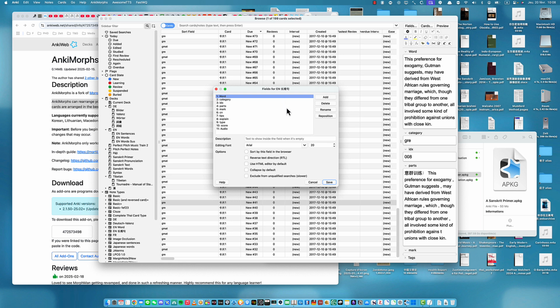To use this TTS, you need to know the structure of the card. So there's different fields in one card, and